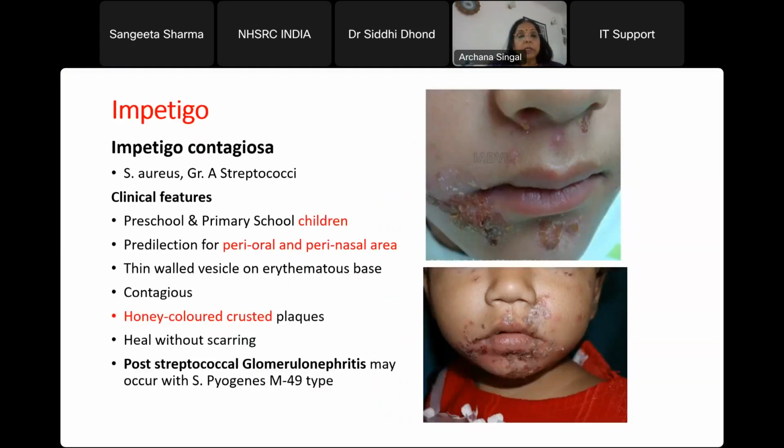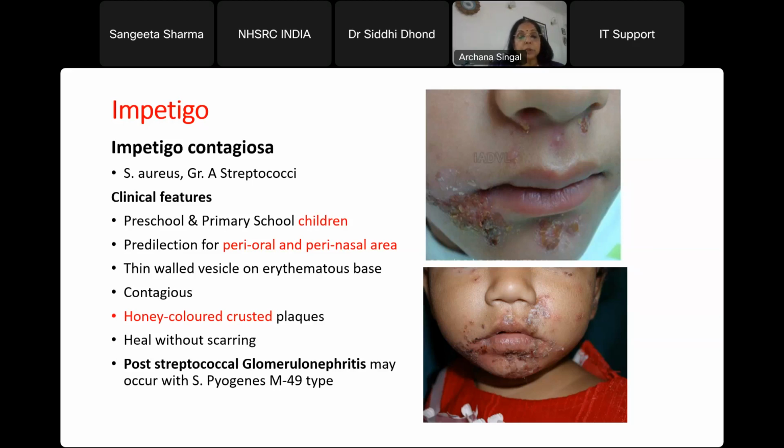Impetigo is a very common condition in the pediatric age group, and it can be caused by both Staphylococcus aureus and group A beta hemolytic streptococci. It usually affects the face in the perioral or perinasal area. Initially there are very small thin-walled pustules. Pus-filled lesions break, and there is a characteristic honey-colored crusting. As you can see, the yellow-colored crusting is there, and because it is superficial, only involving the epidermis,